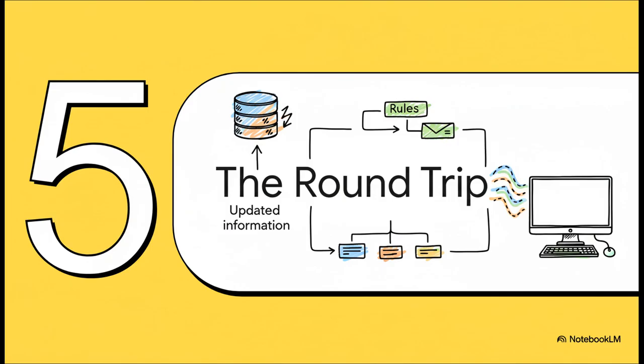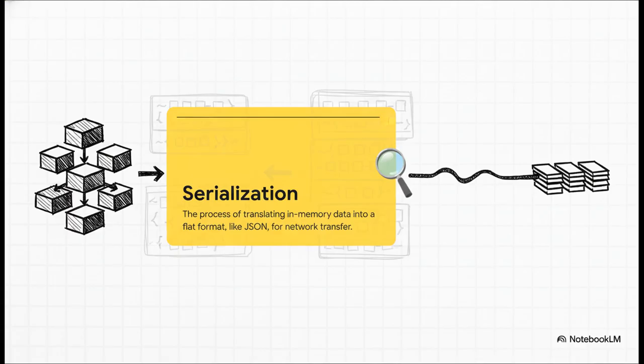And just like that, the work is done. The database has been updated, the rules have been checked. Now the system has to package everything up and send a response all the way back to your screen. But wait, there's a catch. You can't just email a complex chunk of your server's memory over the internet. The web just speaks simple text, so you've got to serialize that data. That's a fancy word for translating it into a universal, flat format like JSON that anything, anywhere can understand and